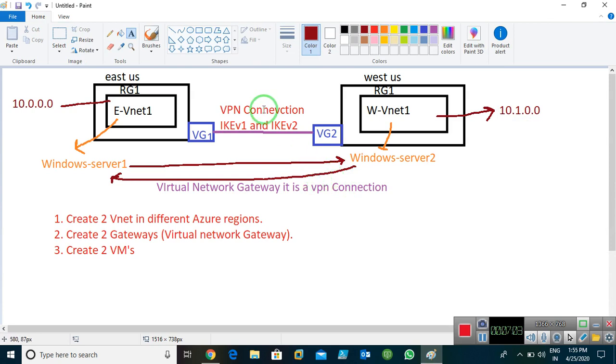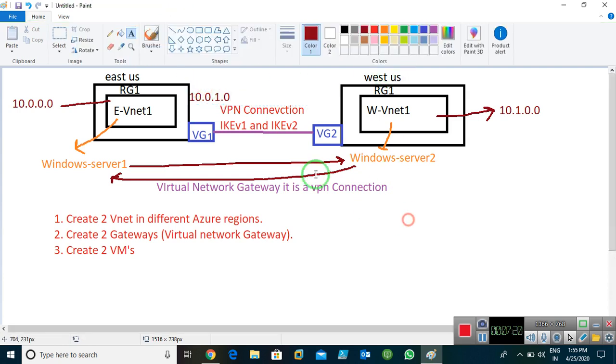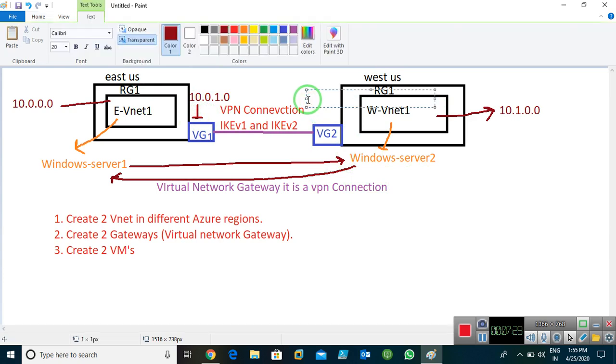And remember one thing also, that the VNet gateway also has a different network. So in this VNet gateway I'm using 10.0.1.0, and in the other gateway I'm using 10.1.1.0, something like this.